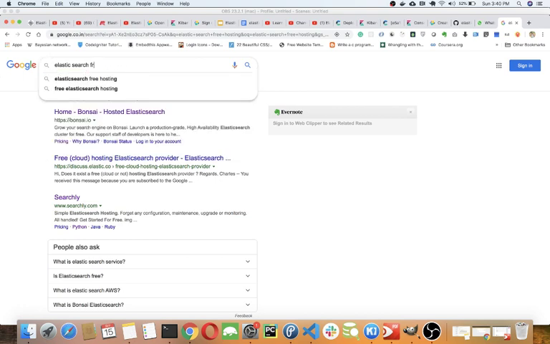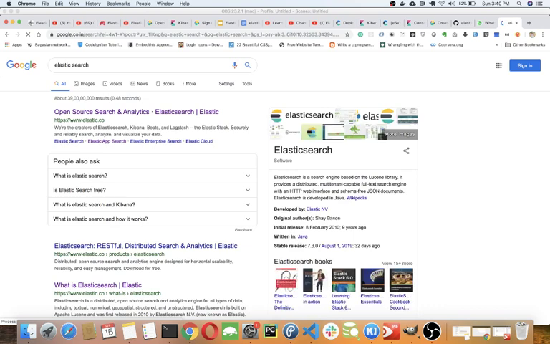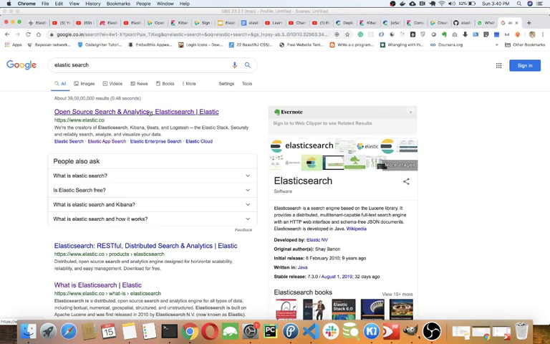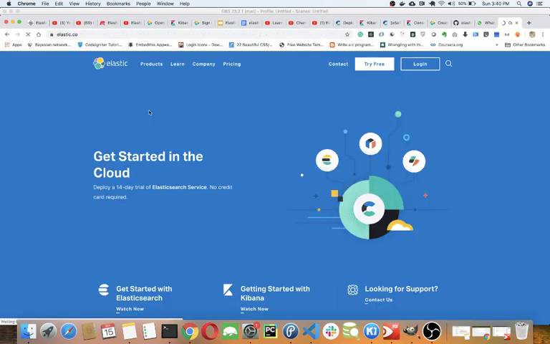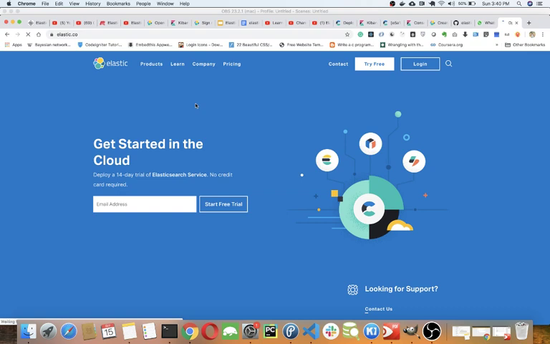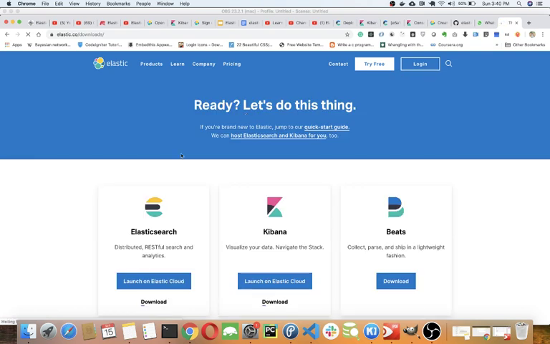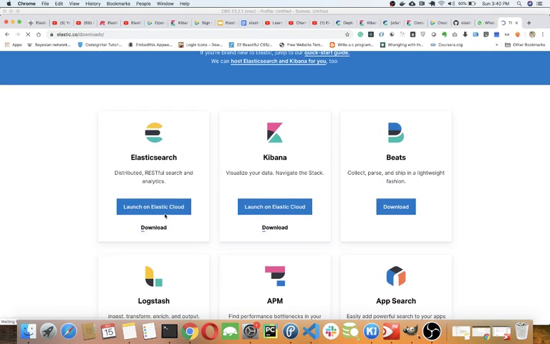So for this demo, I'm going to Elasticsearch, elastic.co. That is the same company which created Elasticsearch. If you go on this site, you will see we have a free trial. If you click on the free trial, then they have launched Elastic Cloud. If we click on this,